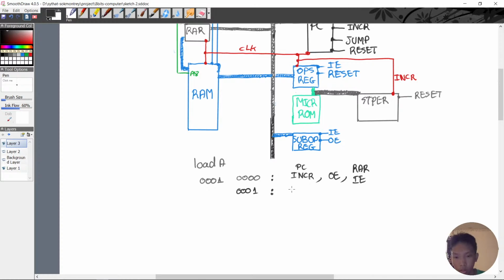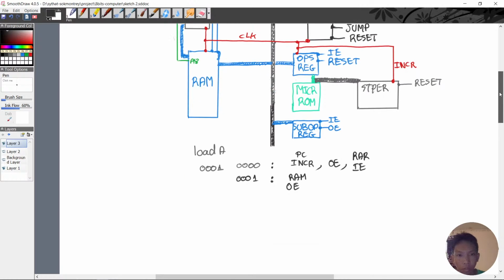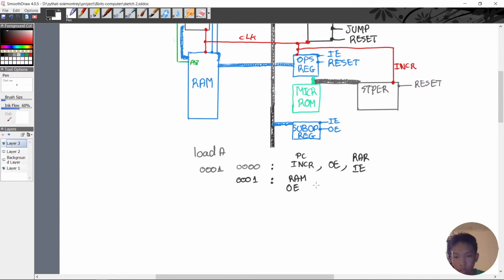So basically it's going to do the RAM output enable, and at the same time we do the sub opcode input enable to store it in. I think we're done retrieving the sub opcode,